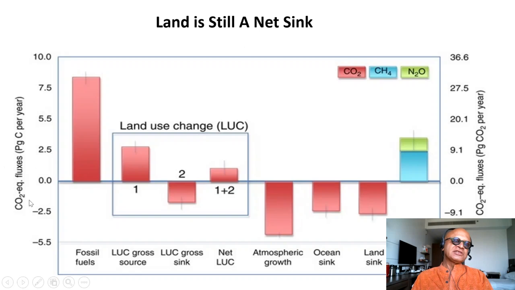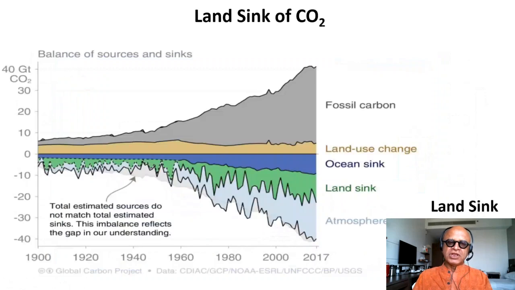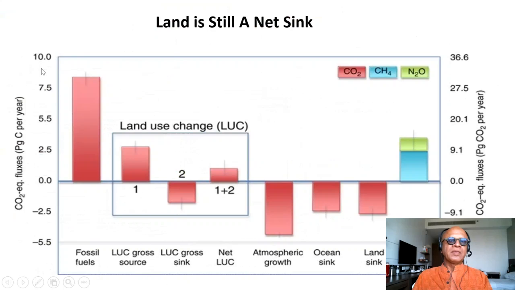So this is looking at the same thing in a slightly different way, for particular averaged emissions. These are CO2 equivalent fluxes now in petagram carbon per year. So you have to get comfortable with these units that we keep switching between: a gigaton carbon or gigaton CO2, and then petagrams carbon or petagrams CO2 equivalent, and so on and so forth. Okay, so fossil fuels, positive source. Land use, we have the gross source, land use as a gross sink, and the net land use change is